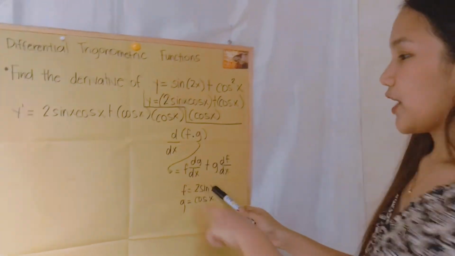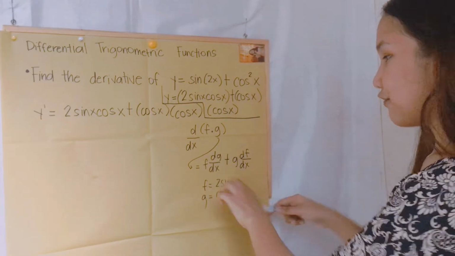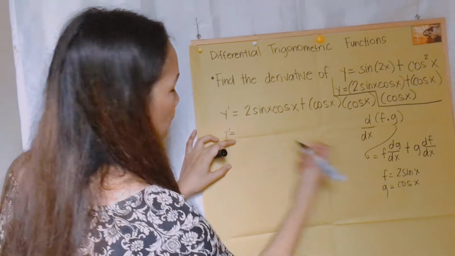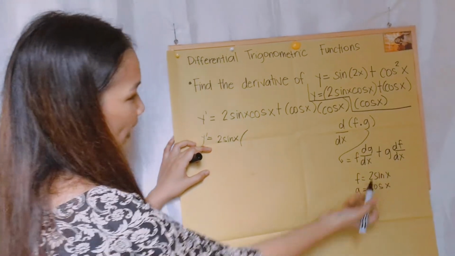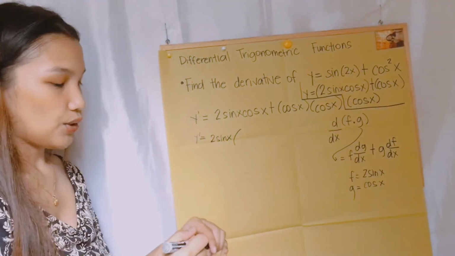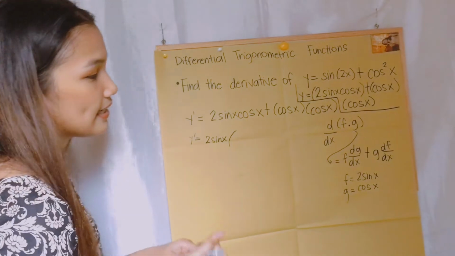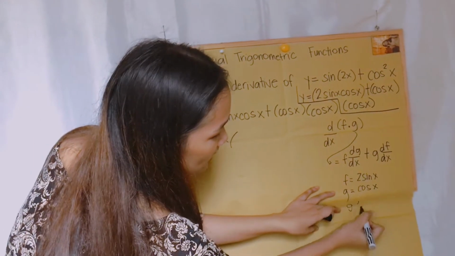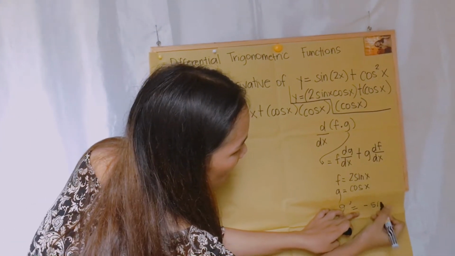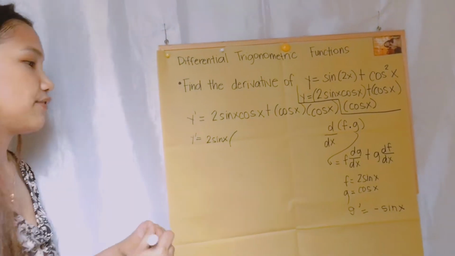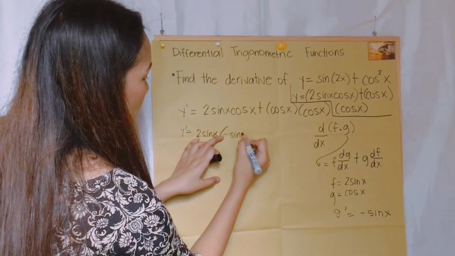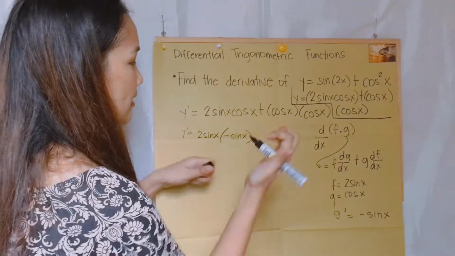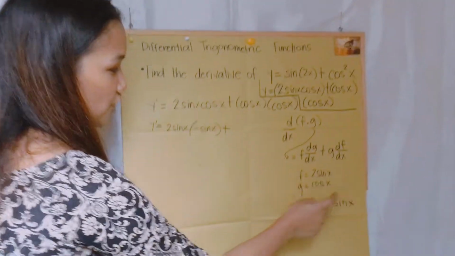So first we put the f, which is the 2 sine x. Then the derivative of g over dx, the derivative of cos x, which is negative sine x. We just have to put the g prime here, which is negative sine x, plus our g, which is the cos x,